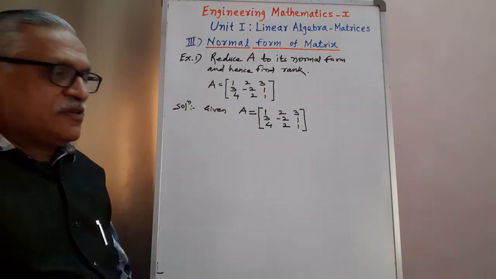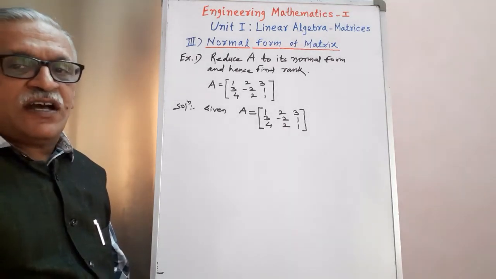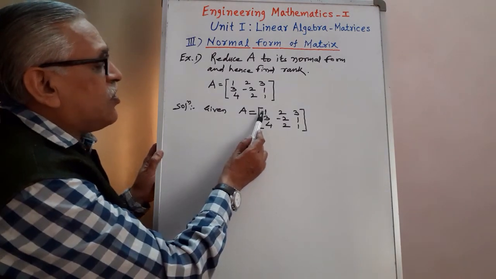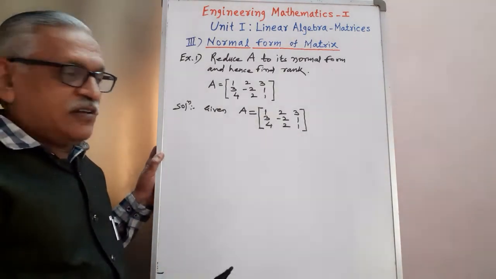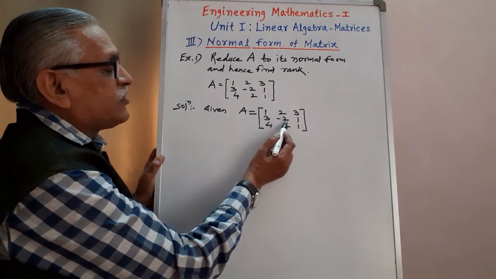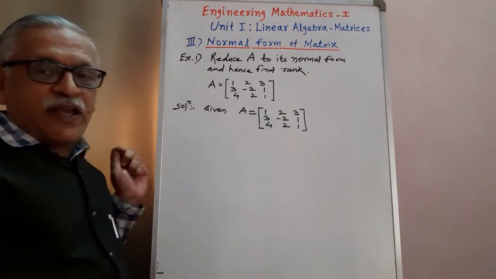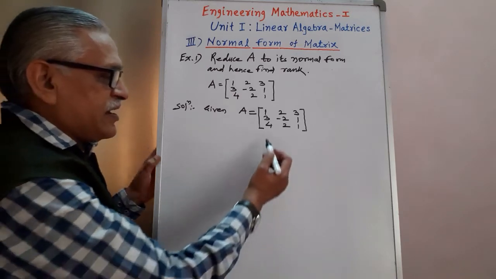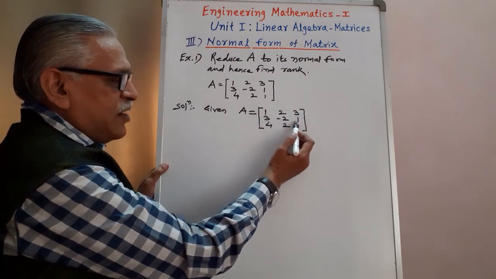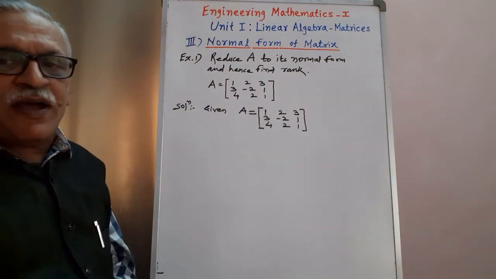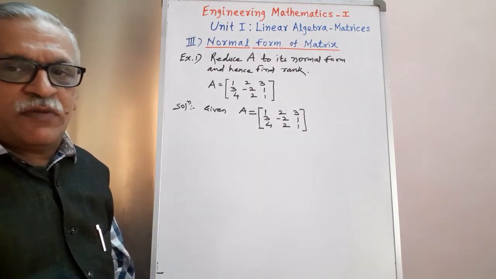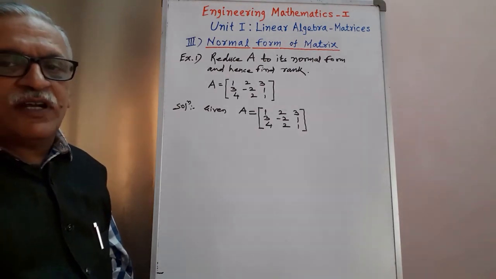While finding the normal form, the first part is exactly similar to finding the rank. Whatever steps we perform for rank, we have to convert all the principal diagonal elements to non-zero. Here that non-zero element must be 1. We convert all diagonal elements to 1 and the lower elements to 0 by applying elementary row transformations. After getting that canonical form, we convert the upper elements to 0 by applying column transformations.